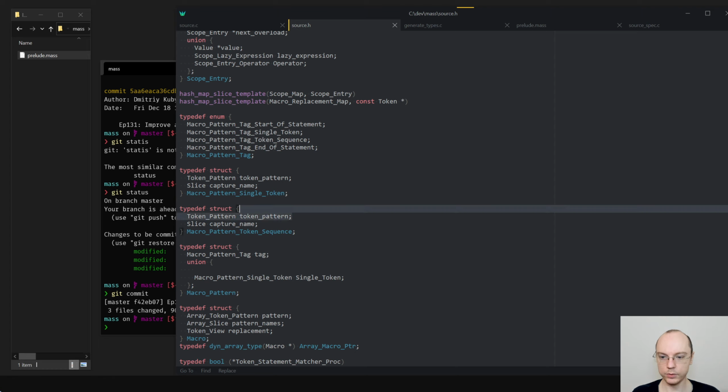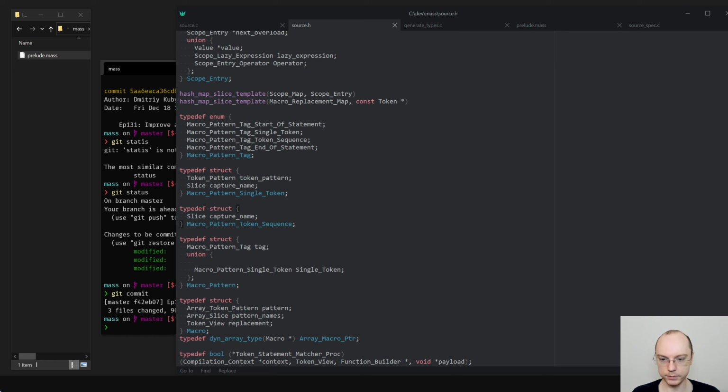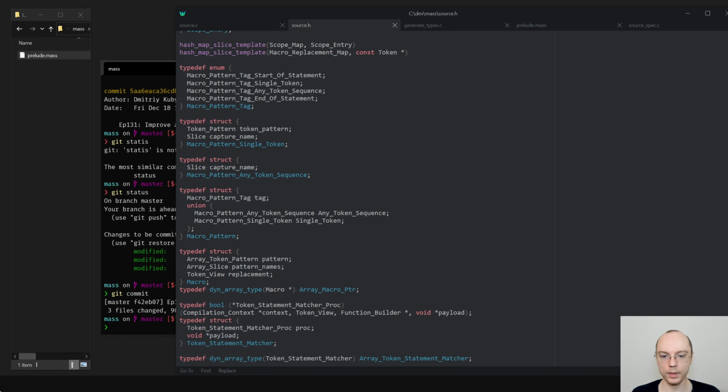So for now, it will not have a pattern. It will only have capture name. So maybe I should call it any token sequence. Yeah, let's call it any token sequence. And this will be any token sequence.